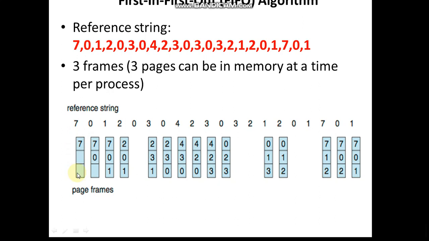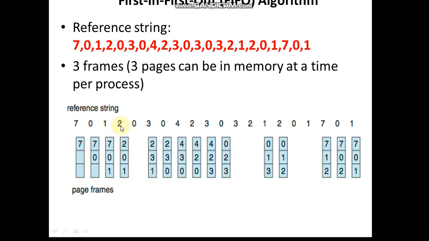So what we are supposed to do is show that page fault. This is a physical memory view where we have 3 frames. The first frame is loaded with page 7, because it is free, it is just swapped in. Then there is a request for 0. So again a page fault, as it is not there in the main memory. So at the second position 0 is placed. When it requests page 1, we have a space available here, so page number 1 is also brought in. So now the main memory is full.